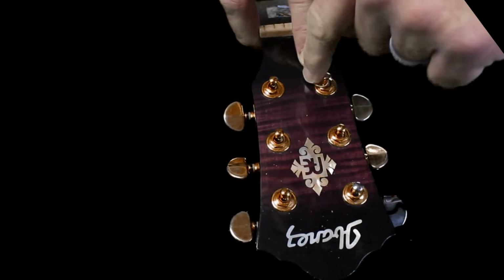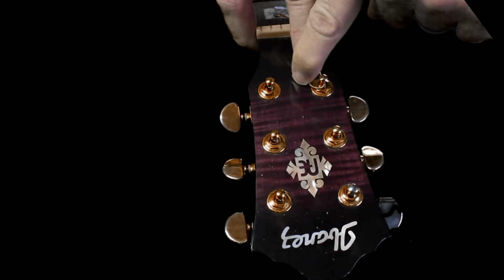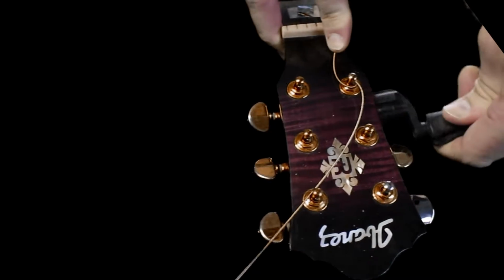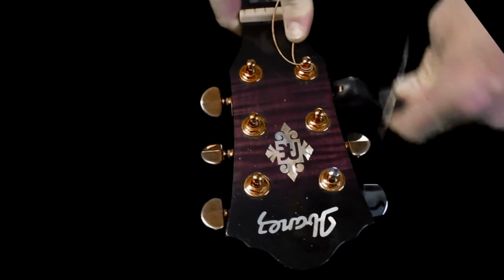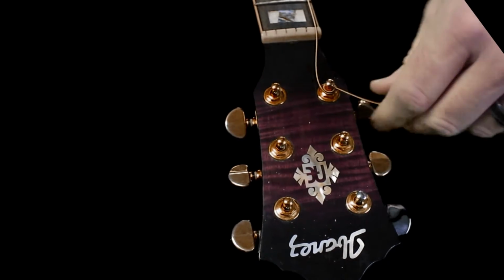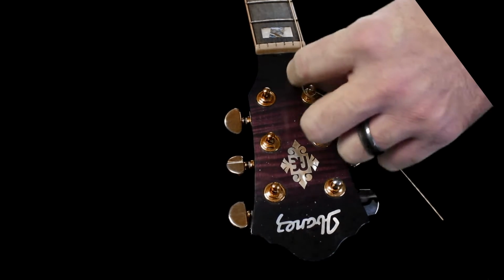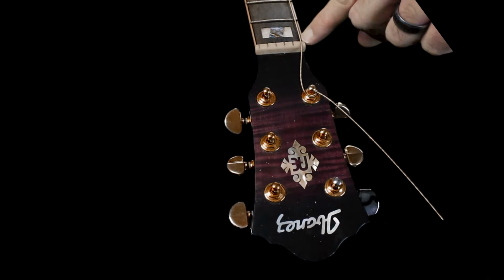Now I'm trying to keep the first wrap down here at the bottom so that it pulls the string downwards. There we go. Now notice I have the wrap on the inside here. If I put it on the other side, it might put a little bit too much pressure right here and